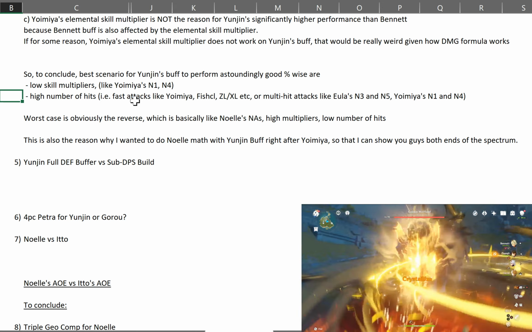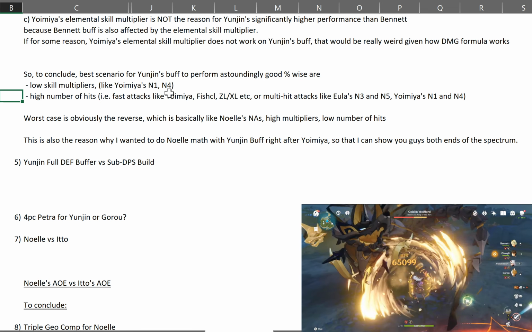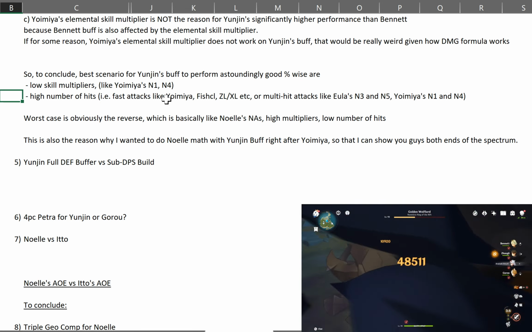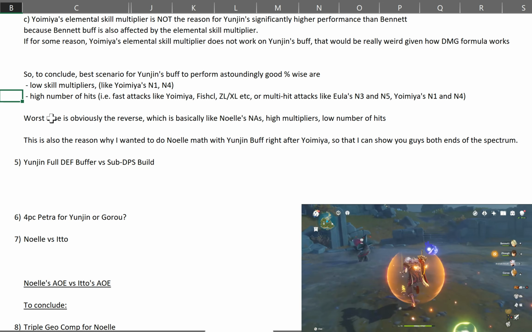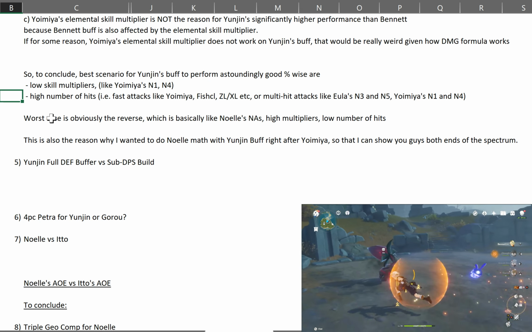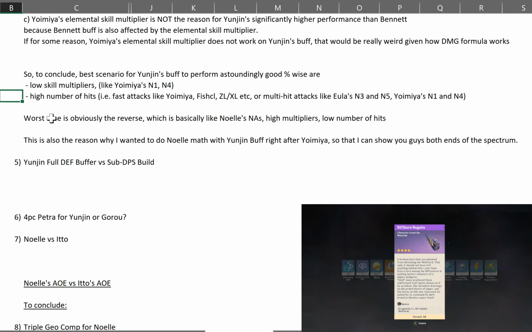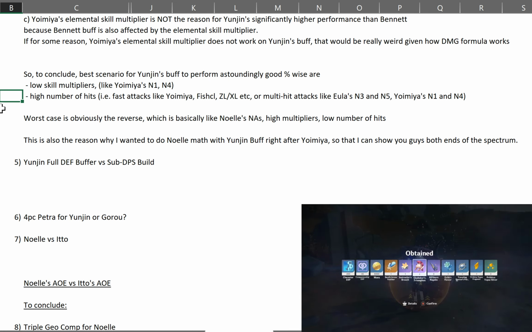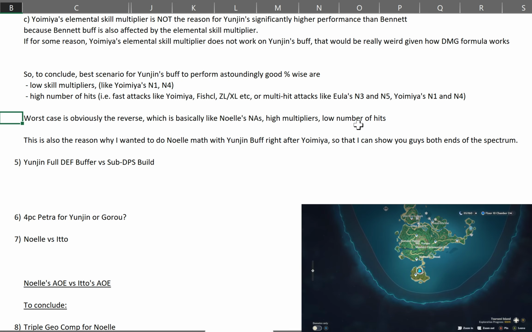So that's the reason why Yunjin's buff has such a high damage percentage buff for Yoimiya. Okay? I mean, obviously, the amount of damage instances of Yunjin's buff determine the actual total amount that Yunjin contributes. Okay. So worst case is obviously the reverse, which is basically like Noelle's normal attacks, high multipliers, low number of hits,